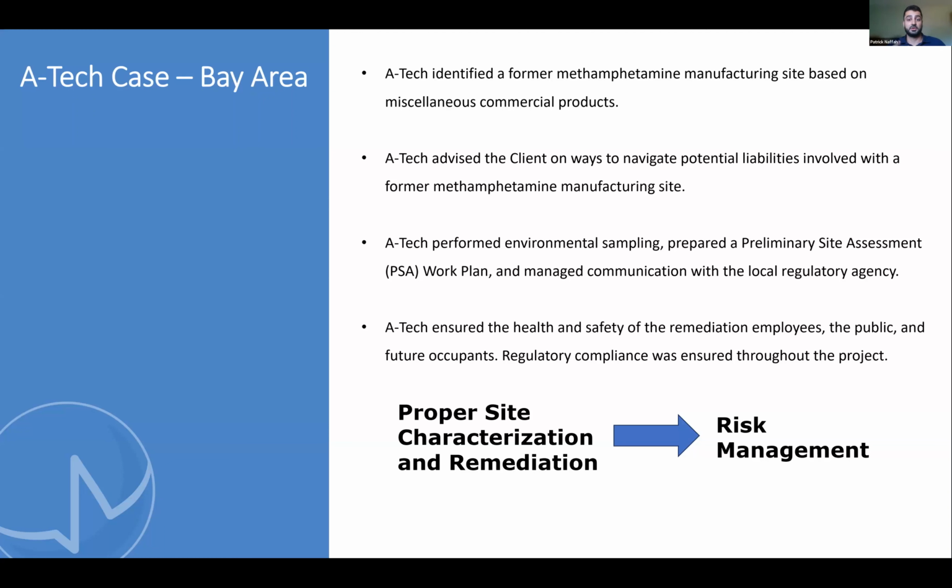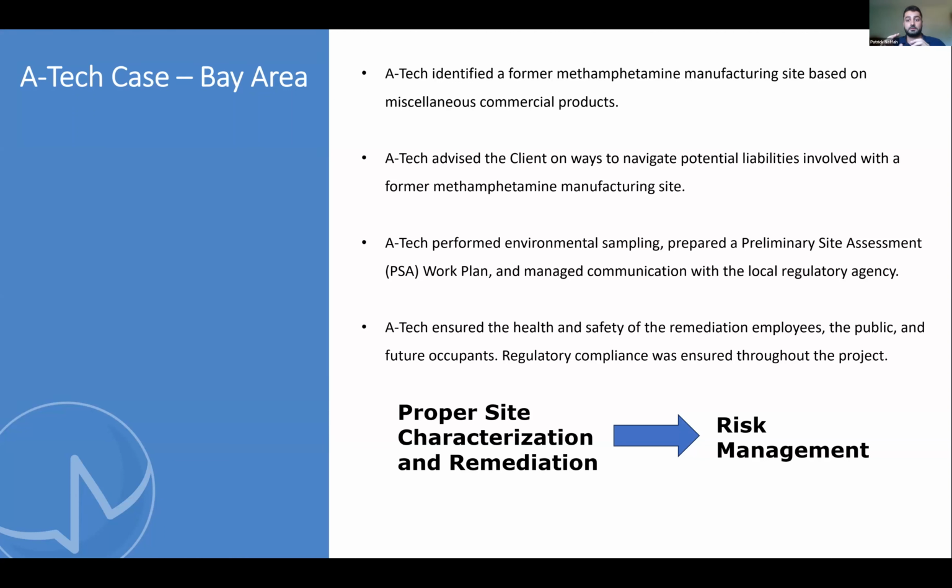And not just that: if you don't find there's meth and fent and you just go ahead and remediate, and that new family moves in later on and gets exposed to meth and fent that you never investigated, what happens then? The example of the baby crawling on the ground, a new family being exposed, regulatory fines, fees, a big impact on your reputation if you're a big name out there.